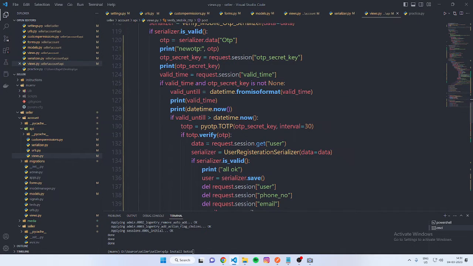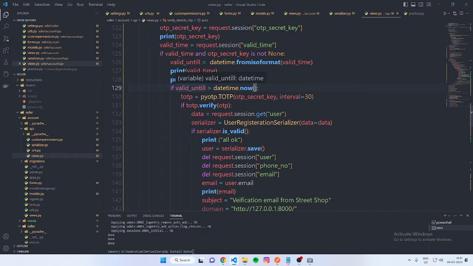So we will check here. If valid time and OTP secret key is not none, it means it is there. Then only our program will run, and we will format it in the datetime format. So I just used fromisoformat, and we pass the valid time, and I stored it in valid until. And if valid until is greater than datetime.now, what it means is